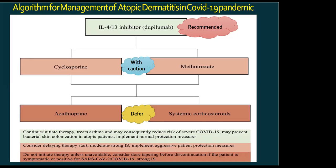Now, as far as cyclosporin and methotrexate are concerned, they should be used with caution because we should consider delaying the start of these drugs, because they are moderate to strong immunosuppressants. And if we are to use them, then we have to counsel the patient on aggressive protective measures. The patient has to be told about home quarantine and all the aggressive protection from COVID exposure. Now, according to the literature algorithm, azathioprine and systemic steroids should be deferred. Do not initiate the therapy unless unavoidable. Consider dose tapering before discontinuation. But if the patient is positive, then it should be